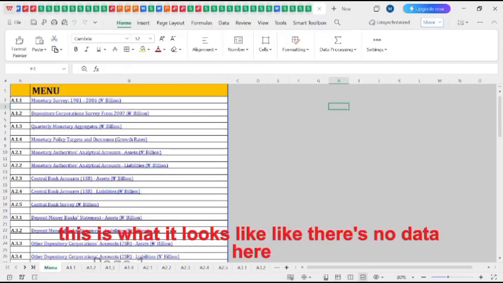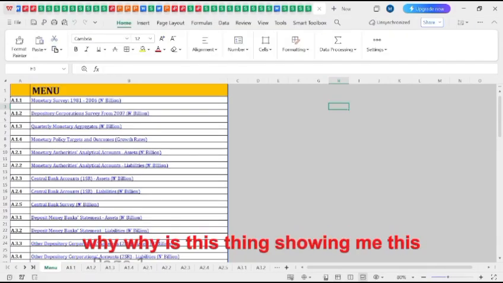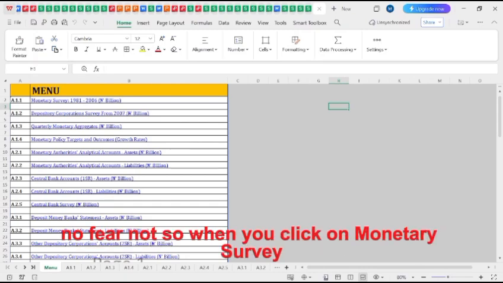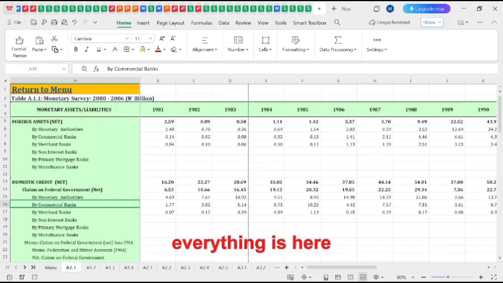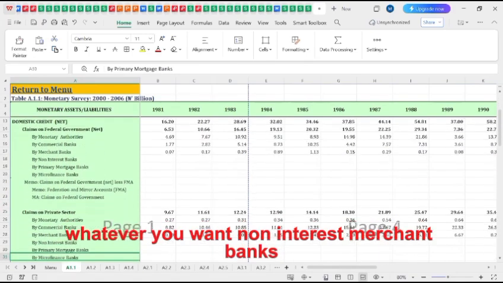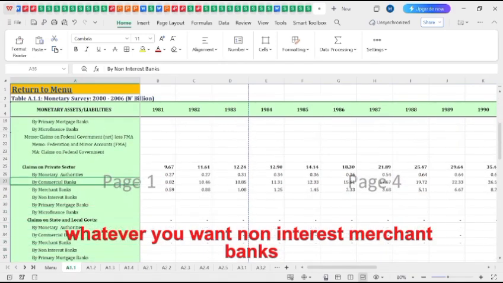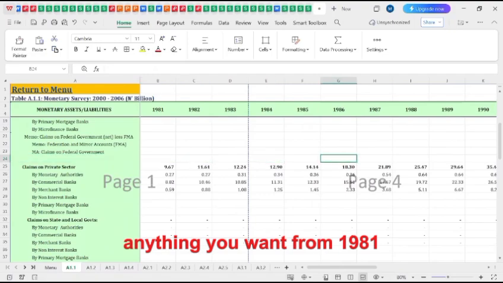Okay, this is what it looks like. Like, there is no data here. Why is this thing showing me this? No, fear not. So when you click on monetary survey, it brings out the data for you. Everything is here, whatever you want. Non-interest merchant banks, anything you want, from 1981